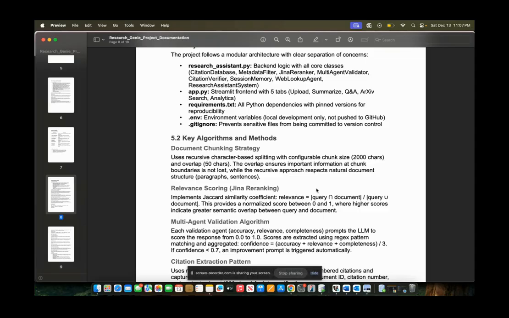App.py is the other file, the Streamlit frontend with 5 tabs: upload, summarize, question answer, search, and analytics. And all this will be discussed by my teammate in the next part of the video. Requirements.txt is the other file that lists all Python dependencies with pinned versions. The .env file handles environment variables for local development only, and .gitignore prevents sensitive files from being committed to